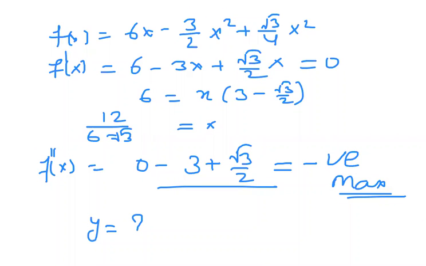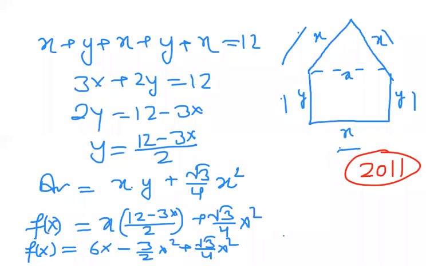Y we will be calculating after putting the value of x over here. So this was the question. It's a good and important question, good for the examination purpose also. So you must practice